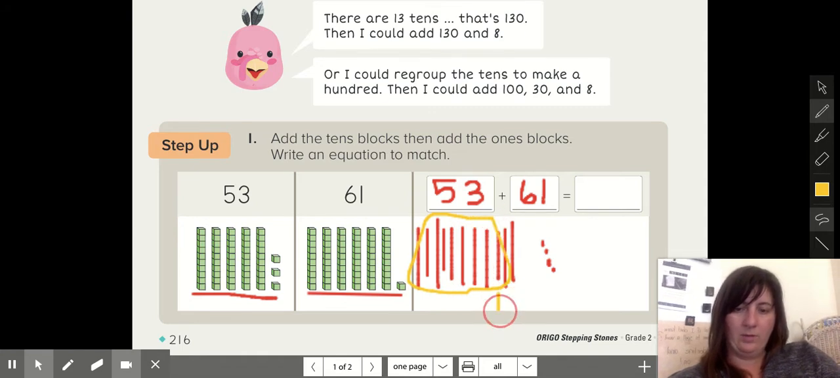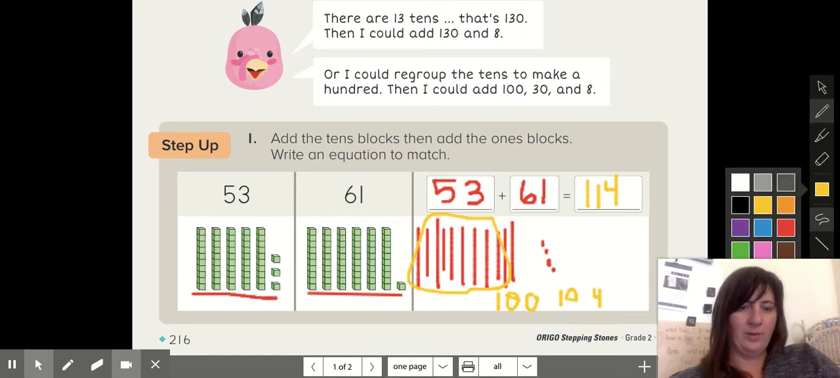And then there's 10 left over. So we have 100 plus 10 plus 4. It's going to give us 114. Okay, and the next page, do the same thing, but before we go there, I'm going to show you that